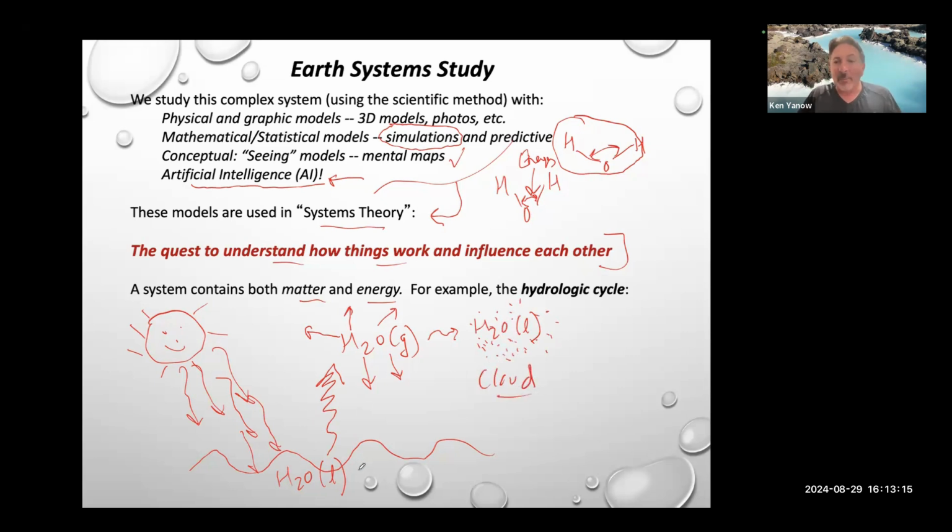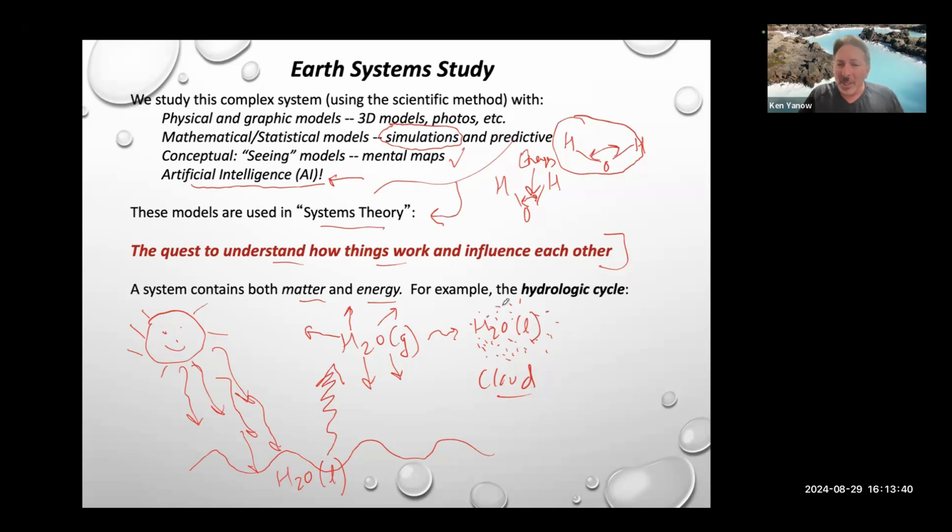We're taking water from the surface, we're putting energy into it, it's going to evaporate, it's going to rise into the sky, energy will be lost again back into the atmosphere. So now we're moving this energy, and now we're condensing our vapor back into a liquid form. You can't see water vapor, so when you look at a cloud, you're looking at the water droplets. And that's what we have here.